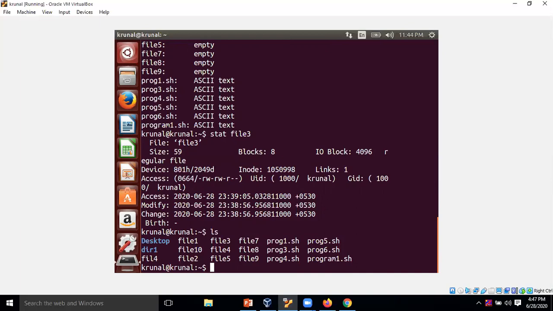There are various options that we can use with ls, but we will see those options in the next session, because we cannot finish in time as it is time consuming. That's why we end here.